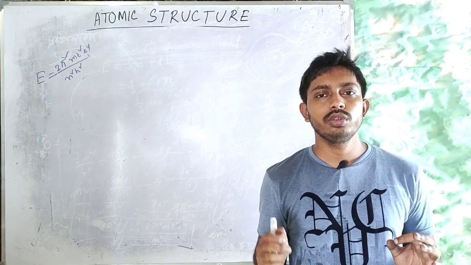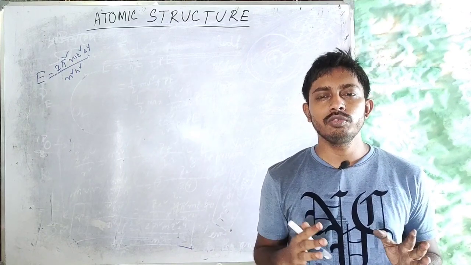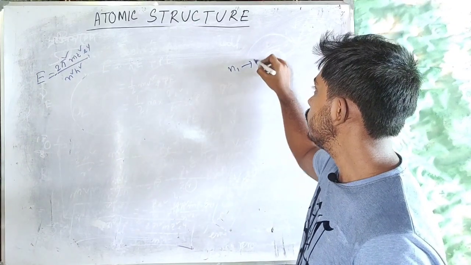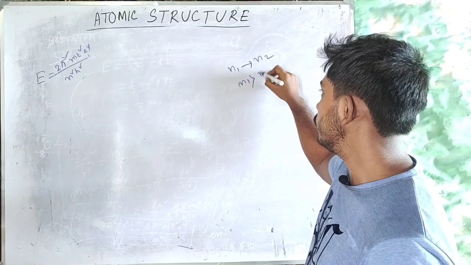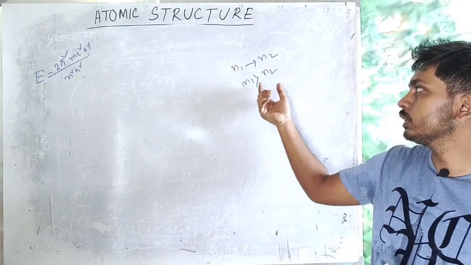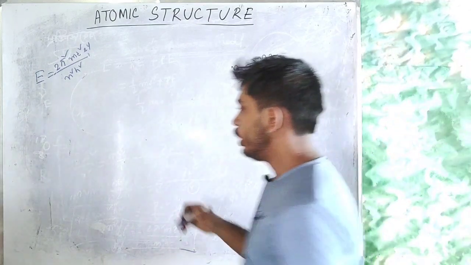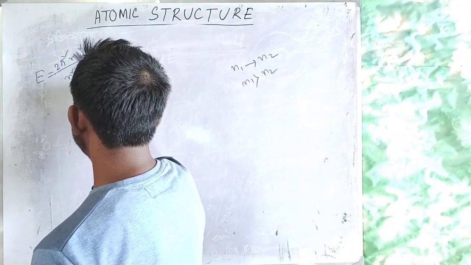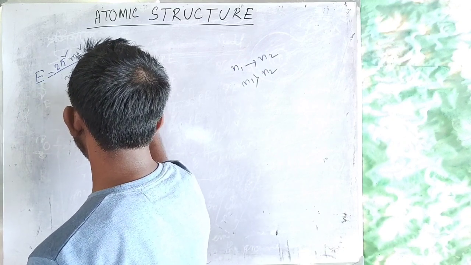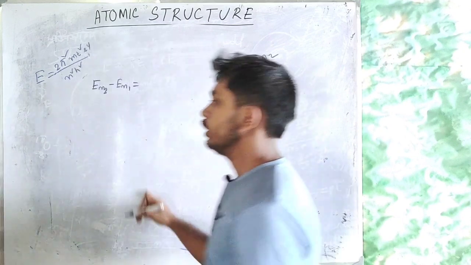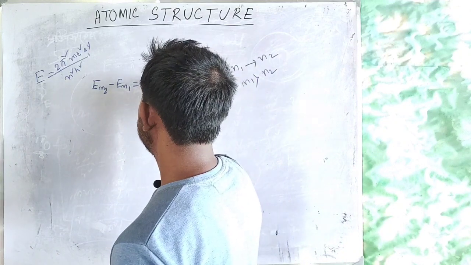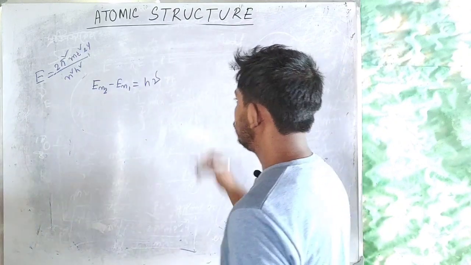Now we will calculate the amount of energy an electron will absorb when it jumps from an energy level n1 to energy level n2, where n1 is greater than n2. So the amount of energy absorbed will be the energy difference between these two levels. So we can write that the amount of energy absorbed will be equal to the energy of the n2 level minus the energy of the n1 level. And from Planck's equation, we have seen that this energy will be equal to hν, right? So it will be equal to